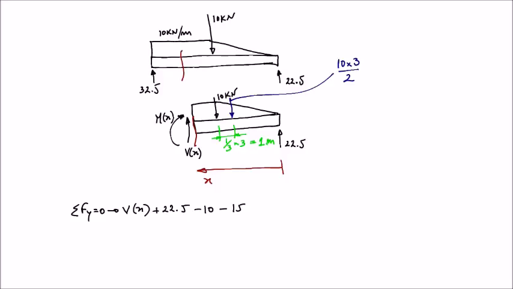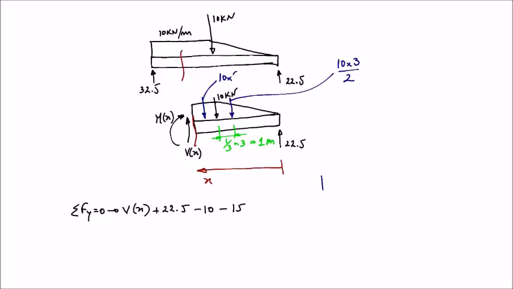We need also to include now the UDL, this rectangle here. We need to replace this rectangle by an equivalent force located at the centroid of this rectangle. So that's what I'm going to do now. I'm going to replace this rectangular distributed load with this equivalent force, and this equivalent force is equal to the area of the rectangle, so it is 10 kilonewtons per meter times